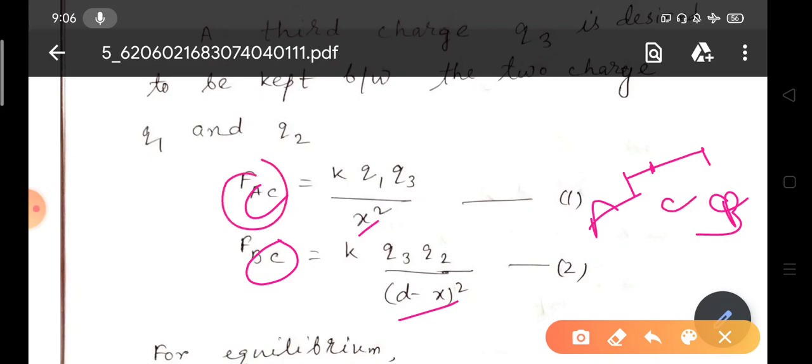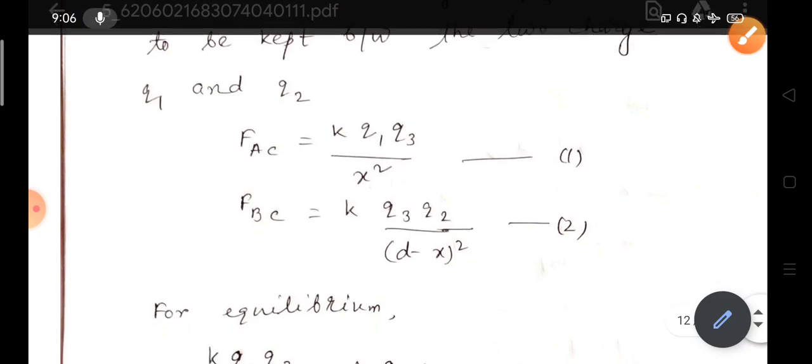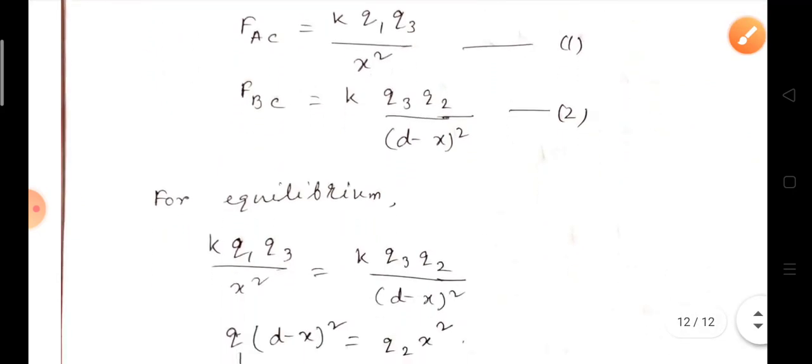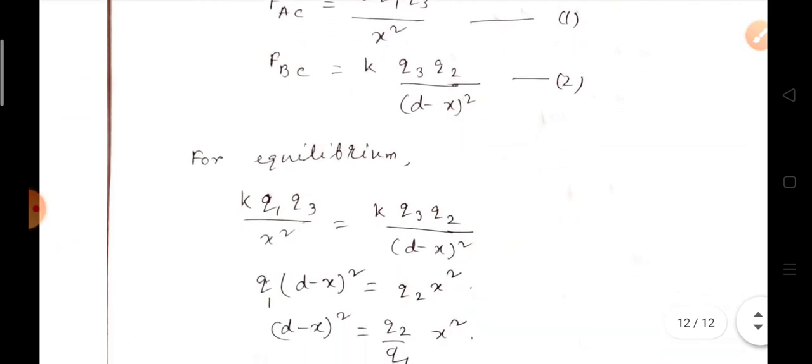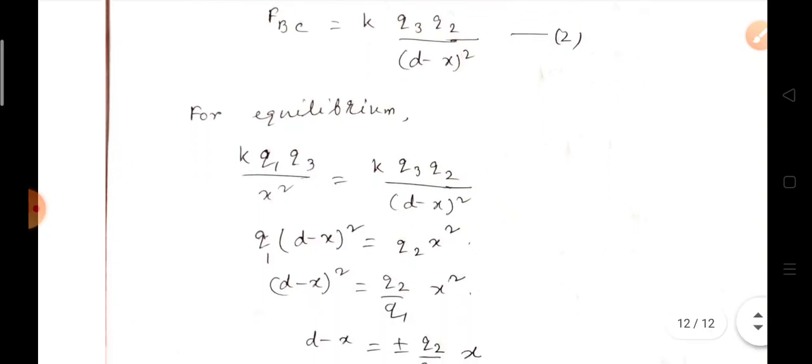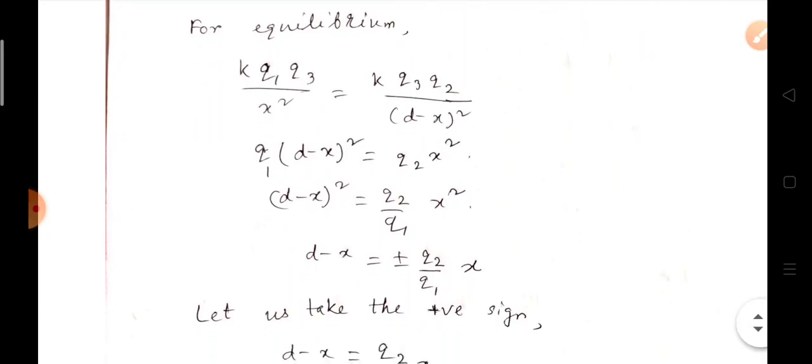So FAC, the force between the two charges q1 and q3, gives K into q1 q3 divided by x square, and the force between the two charges q2 and q3 is FBC equals K into q3 q2 divided by d minus x whole square. For equilibrium these two forces will be equal, that is K q1 q3 divided by x square equals K q3 q2 divided by d minus x whole square. After simplifying, we get q1 into d minus x whole square equals q2 into x square, or d minus x whole square equals q2 by q1 into x square, or d minus x equals plus minus root of q2 divided by q1 into